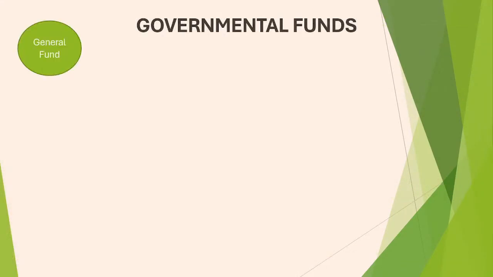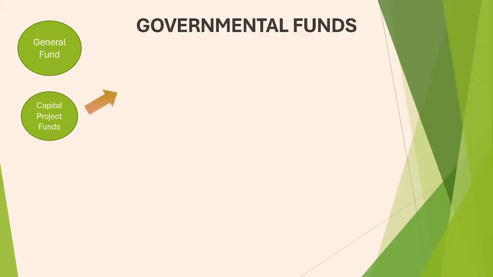So we're going to talk a little bit about funds, and this was used in a previous presentation, so this is a quick review on the types of funds and what the purpose is and what the funding sources are. So governmental funds, general fund is the one we're most familiar with. That's our largest fund operating in the city. It covers things like police, fire, all of those types of things. The primary funding source is property taxes.